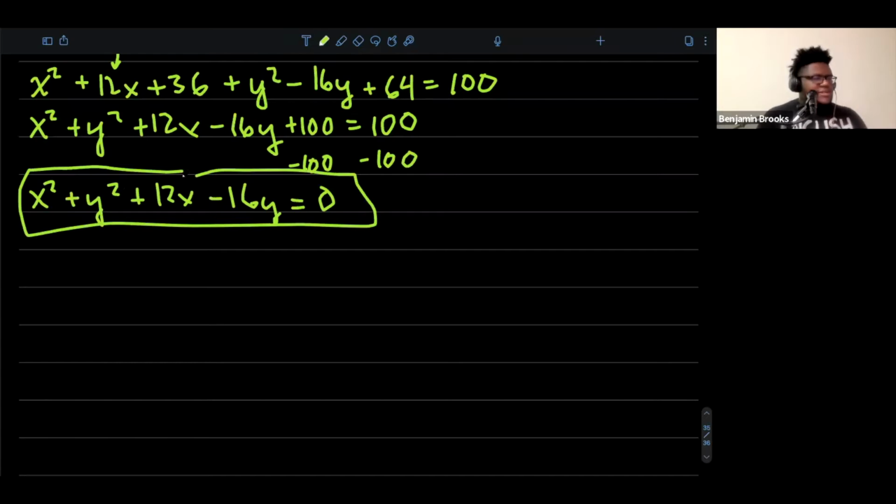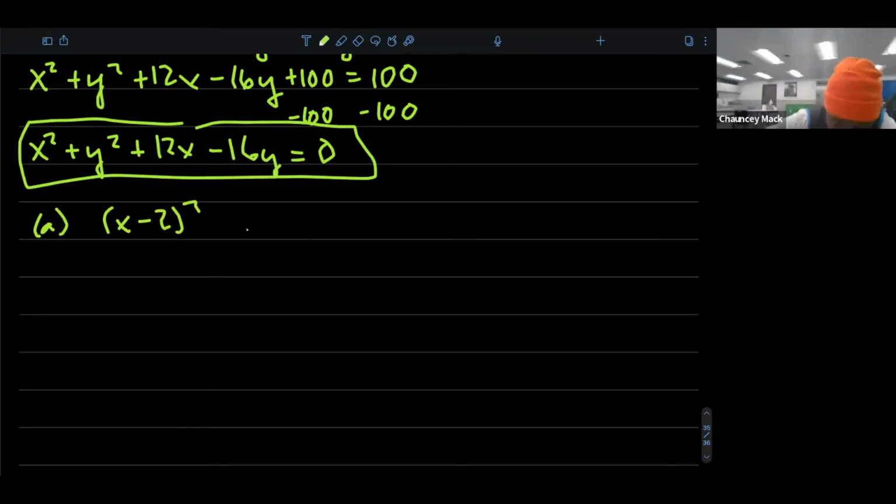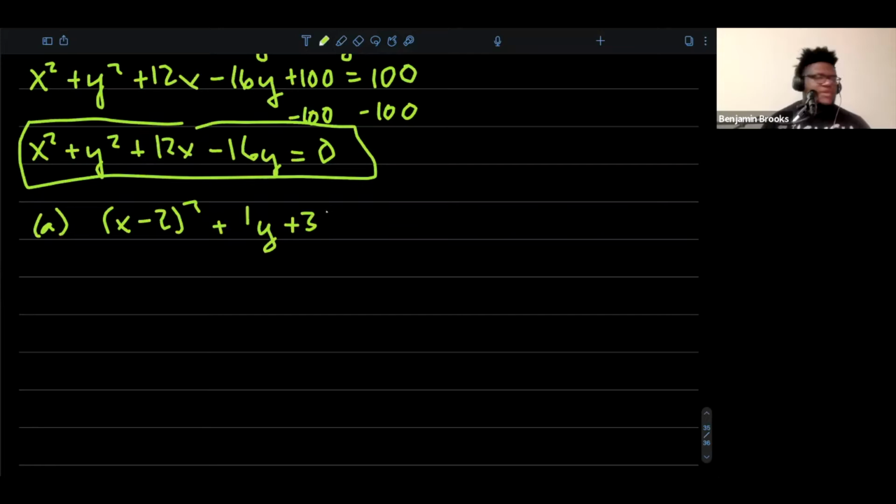All right. Okay. So let's take a look at problem 2. Problem 2, you got an A part and a B part. So (x minus 2) squared plus (y plus 3) squared